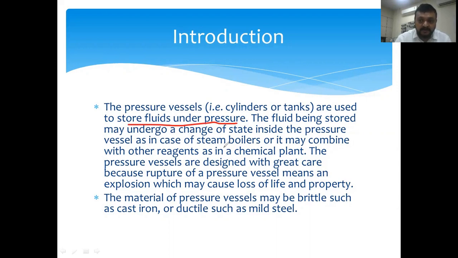But in the case of a steam boiler, as the steam boiler shell is a kind of pressure vessel, the pressure is continuously variable. So depending upon the condition of the pressure, you have to take care in designing the pressure vessel, so that we avoid sudden failure. Otherwise, there is a chance of explosion and loss of life or property. In the design of the pressure vessel, various kinds of materials are used, ranging from brittle such as cast iron to ductile such as mild steel. Depending upon the application, you have to choose the appropriate material.